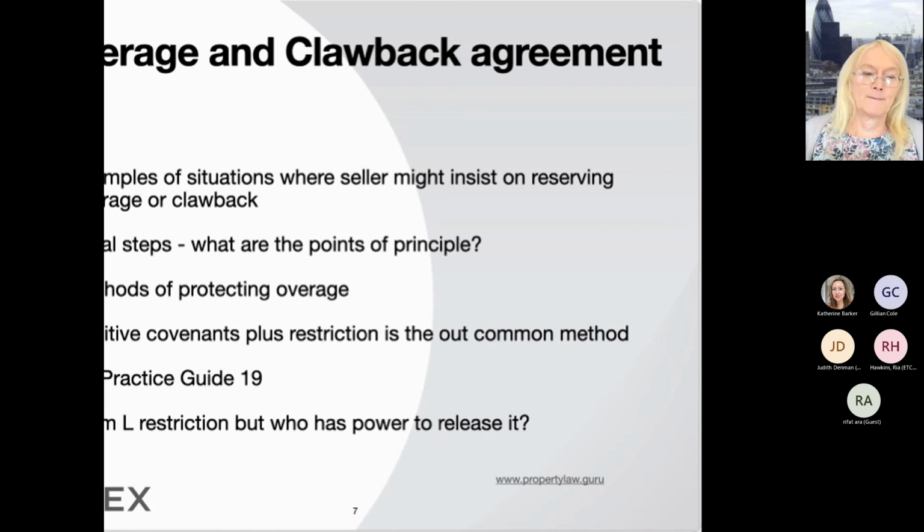So the seller says, all right, what about the seller's conveyancer, Bloggs & Co. solicitors? Okay. But the builder will say, well, what happens if in 3 years' time Bloggs & Co. has been dissolved or taken over and doesn't exist? Then there won't be anybody specified in the restriction to actually deal with it.